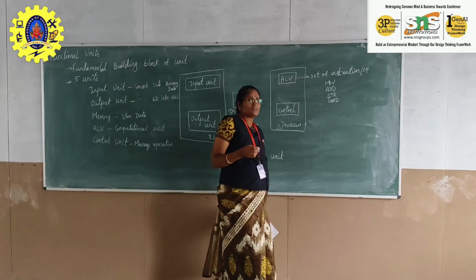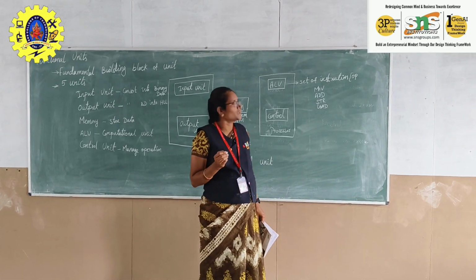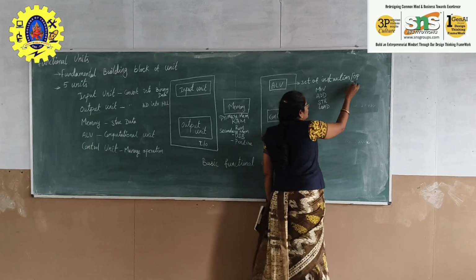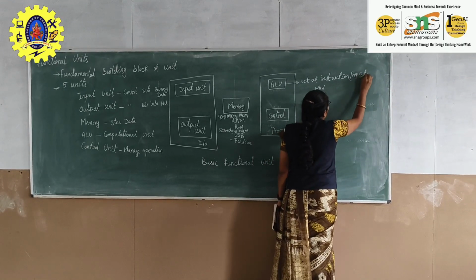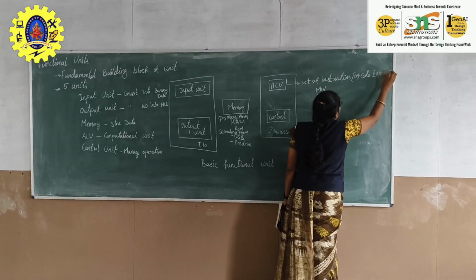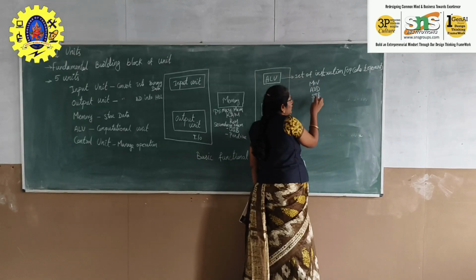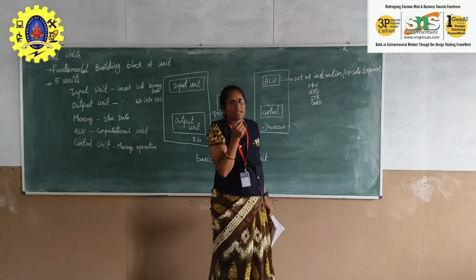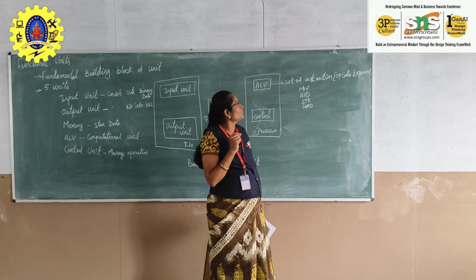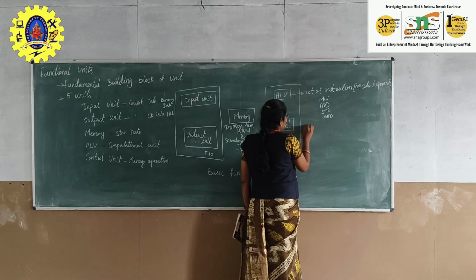The arithmetic and logical unit is used to perform the operations. While performing the operation, we use a set of instructions. A set of instructions is a combination of opcode and operand. Move, add, store and load are all opcodes. Opcodes in general we may call mnemonics. With the help of these mnemonics, we are able to do the operations.